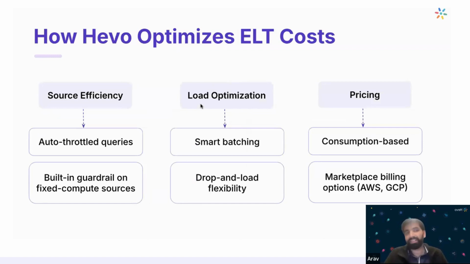Coming to the next thing, right? How we are actually optimizing it. So the first part is that ETL costs are not only on loading, they're also there on your source. When you are dealing with something like an Aurora or a serverless system, if you're doing the ETL very aggressively, any auto scaling system will consume too much resources, and that unboundedness of you being too aggressive could lead to an even larger bill than you can anticipate, because scaling for Aurora does not happen